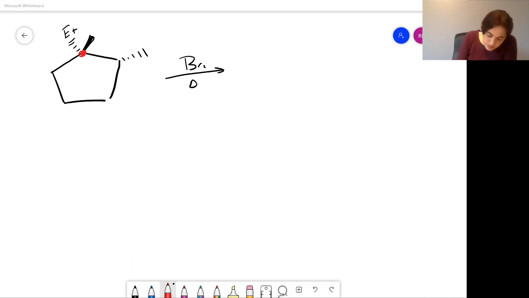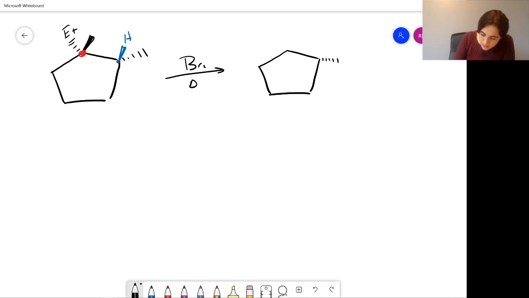But the one here in blue, right, there is a hydrogen here. And that hydrogen is on the most substituted carbon with a hydrogen, which means that that is going to be the site where we are going to have our halogenation. So what we'll end up with